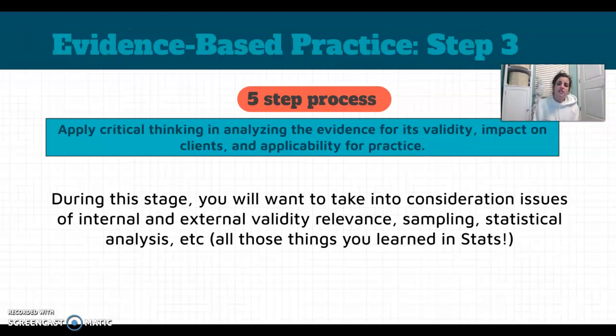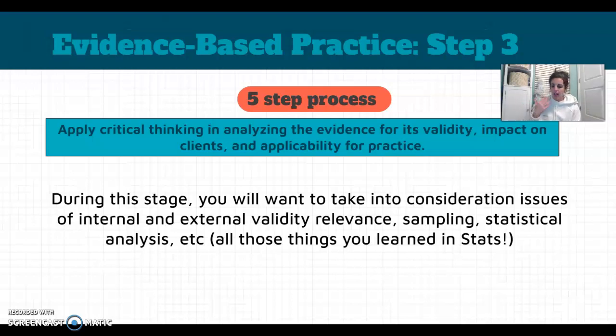Looking at all of the statistical analysis, the intent is that everybody would have taken stats before they've taken research. I know that's not always the case given sequencing with courses, but all of those things you learned in stats, so means, modes, medians, t-scores, all of those analytical tools to show, is this research study actually valid and work on our clients? So let's say you found that